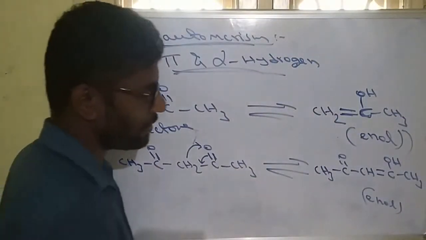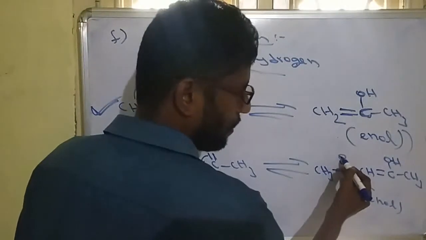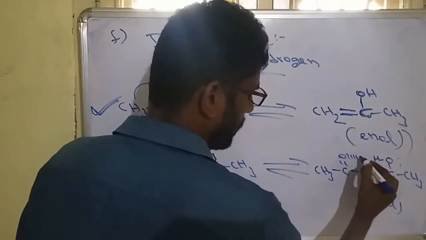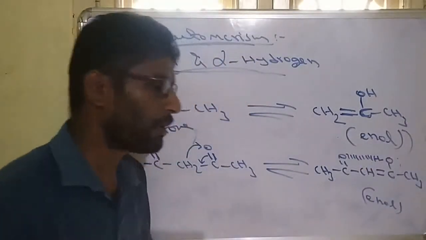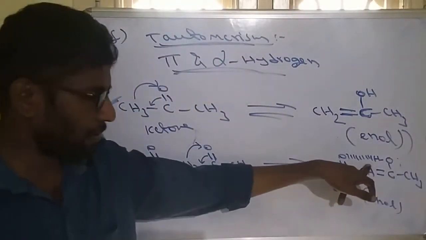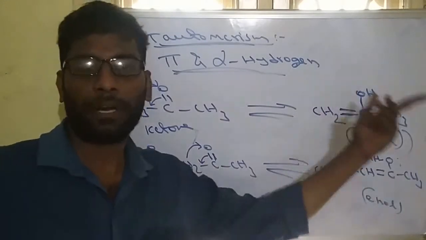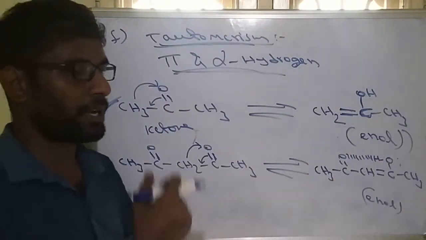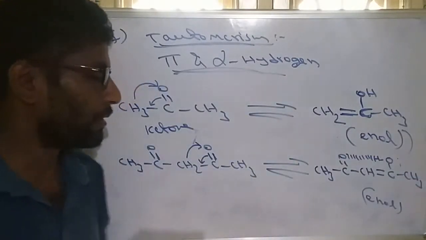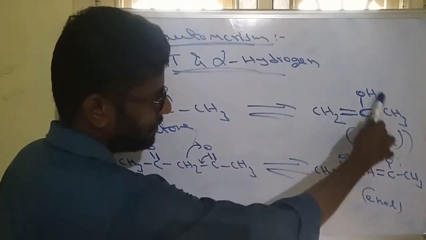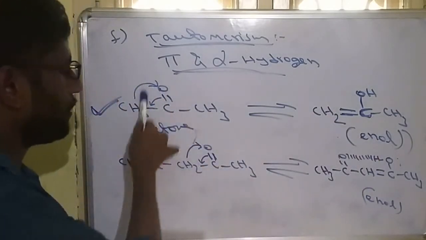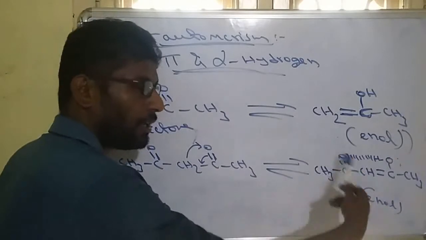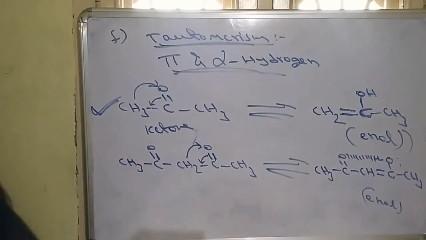Why? Because this is an OH and it is oxygen. So between this hydrogen and oxygen, formation of a hydrogen bond is possible. So due to the hydrogen bond, this compound will be more stable and the major molecule. So stability of the compound is important. Whichever is more stable will be present in more amount. Here hydrogen bond does not exist, that's why ketone is more stable when compared with alcohol. But here hydrogen bond exists, that's why enol is more stable. So stability is most important.